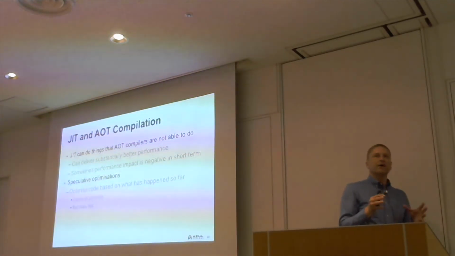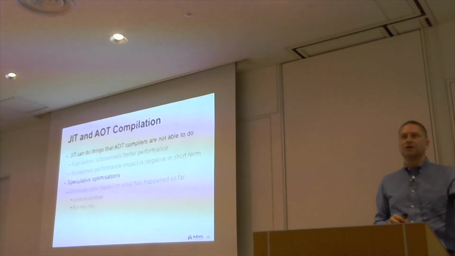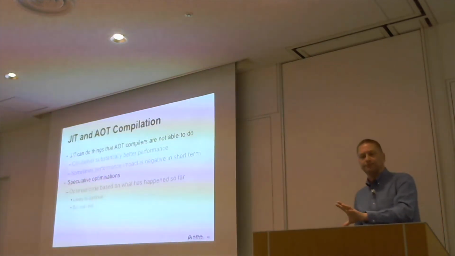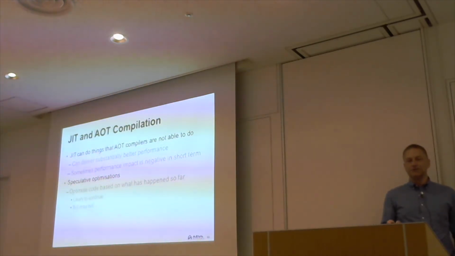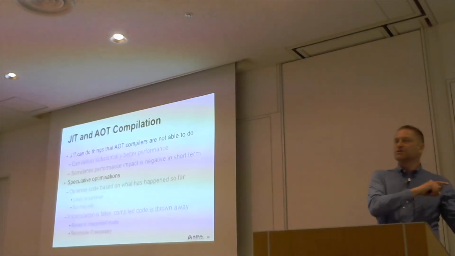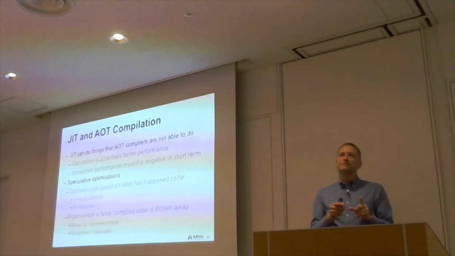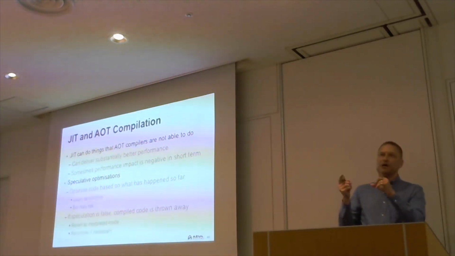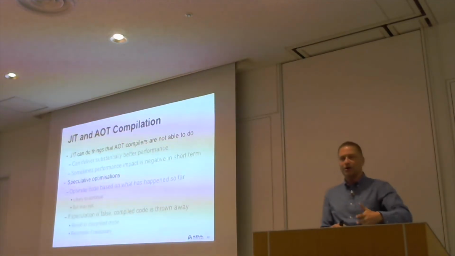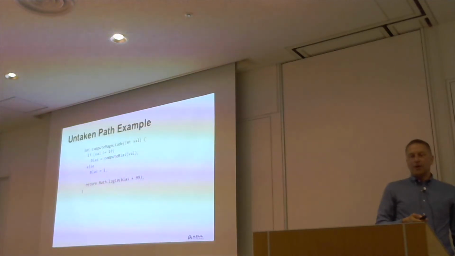The idea of a speculative optimization is to look at what's happened so far in your code and then predict, based on that, what's going to happen in the future. And I'll give you an example of that in a moment. The problem is that sometimes, and we saw this in the graph at the beginning, these speculative optimizations turn out to be false. So at that point you have to go, okay, I've made a mistake, throw away the code, go back to interpreted mode, and recompile if you need to. So let's look at an example of how that might work.